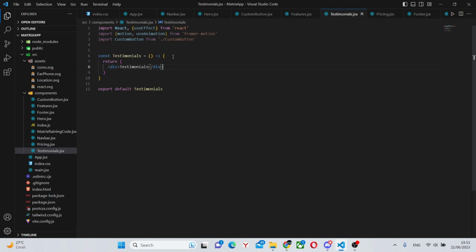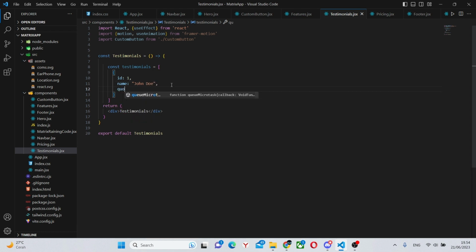Before we go into the return statement, we need to do some stuff here. First, we'll create an array of testimonials. This is not necessary, but it is preferred. Testimonials, like this. Inside that array, we'll have multiple objects, which will have an ID, a name of the person who made the testimonial, say John Doe, and his quote.